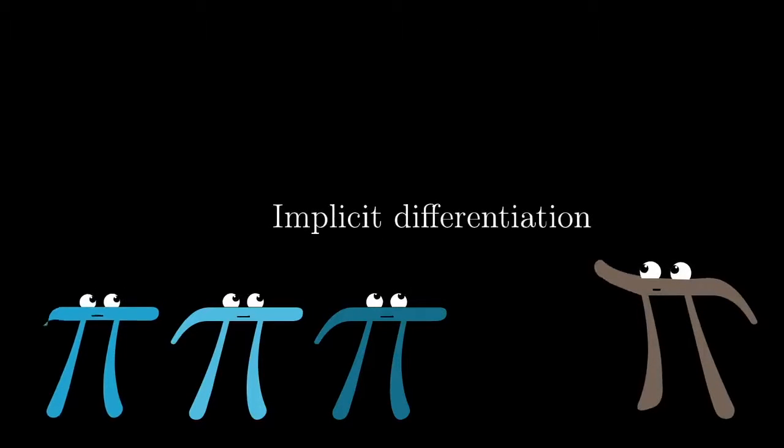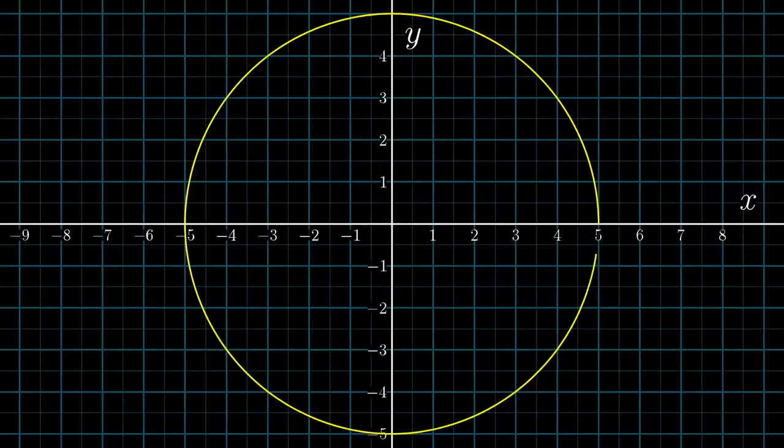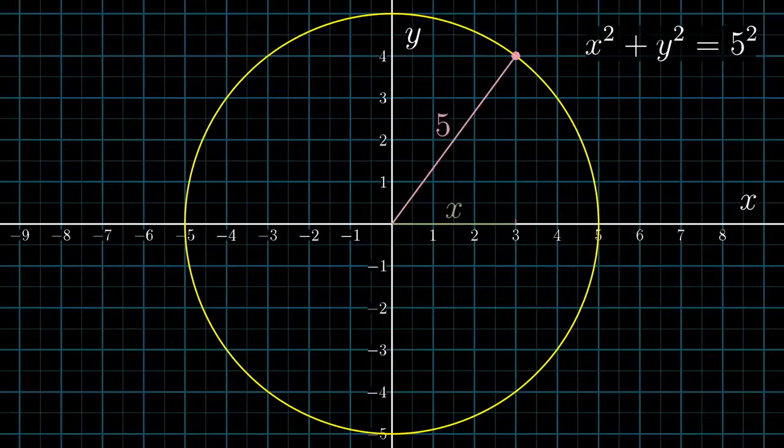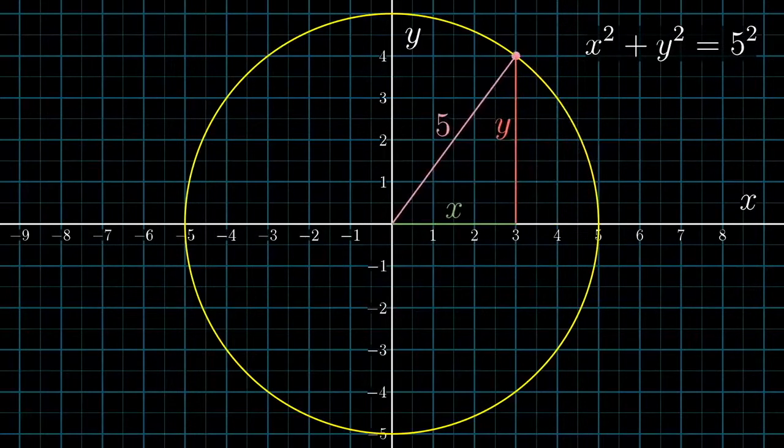Let me share with you something that I found particularly weird when I was a student first learning calculus. Let's say that you have a circle with radius 5 centered at the origin of the xy plane. This is something defined with the equation x squared plus y squared equals 5 squared. That is, all of the points on the circle are a distance 5 from the origin, as encapsulated by the